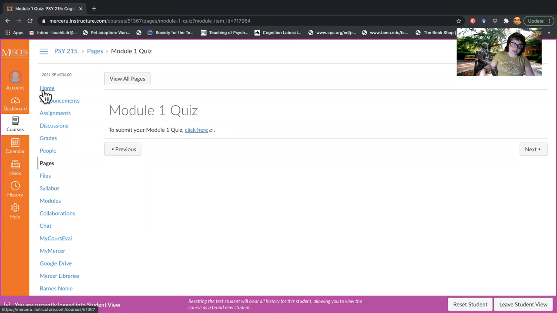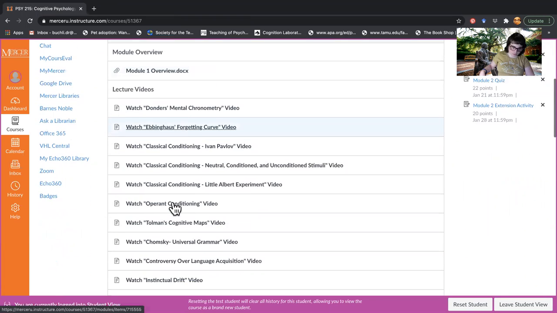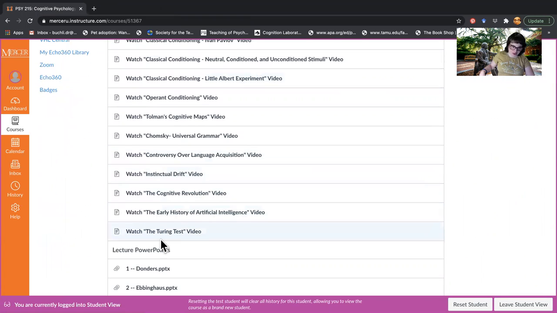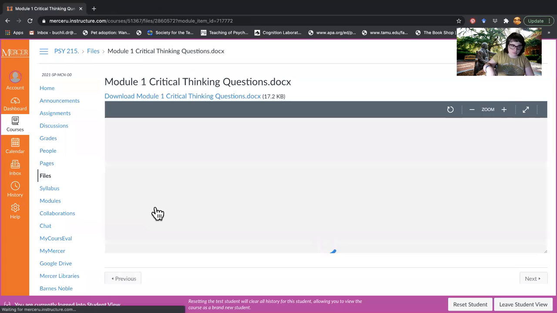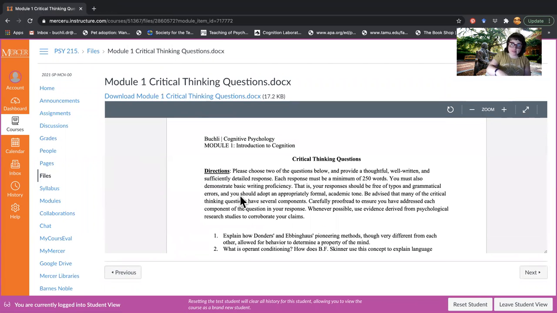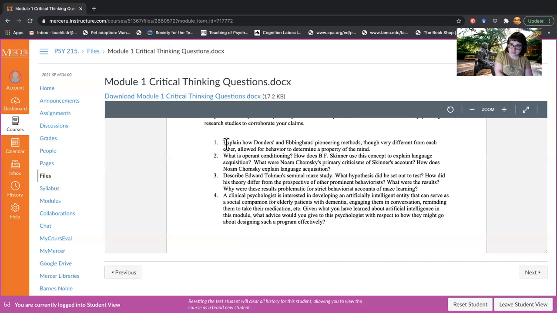Okay, and the last assignment that you'll need to work on for Module 1 is your critical thinking questions. Okay, so again, this is the assignment where you choose 2 of these questions. So there's 4 available questions, and you will select 2 of them, and each of your responses must be 250 words, and they must also, whenever possible, make reference to specific